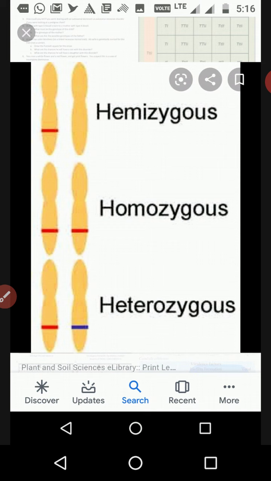If two chromosomes are there, one chromosome is called a factor. Another name of that factor is trait, and then another name of that same trait is allele, it is also called allele. And whenever the two alleles are the same, these are called homozygous. In the second diagram you all have to see that, which is called homozygous.